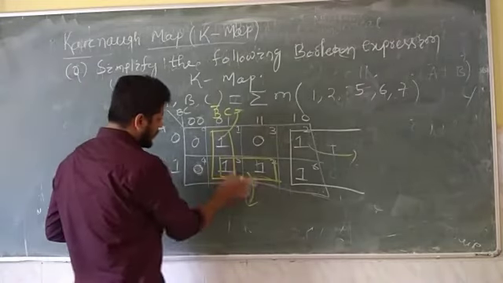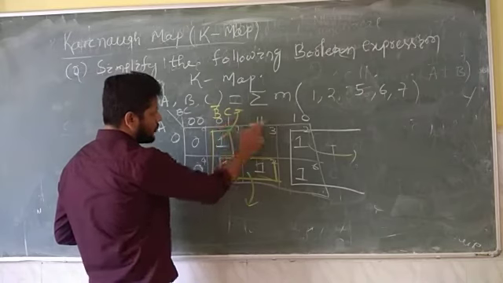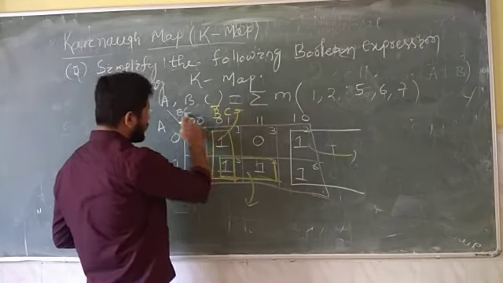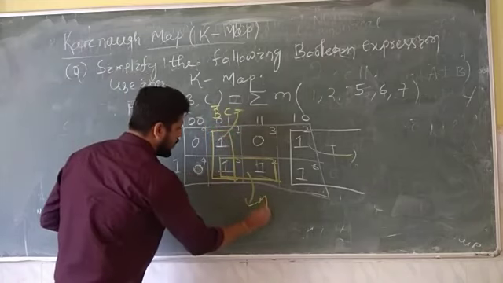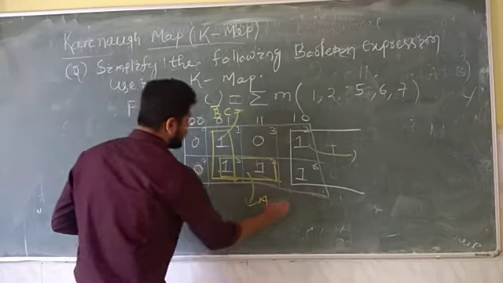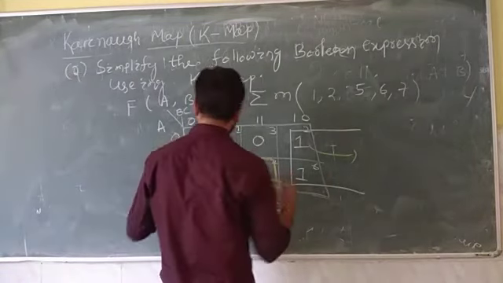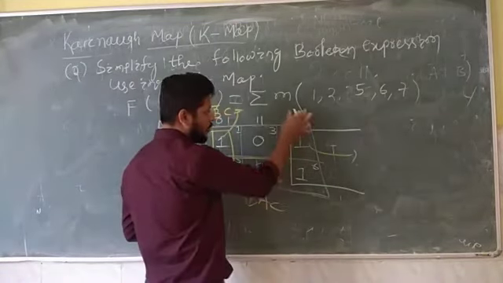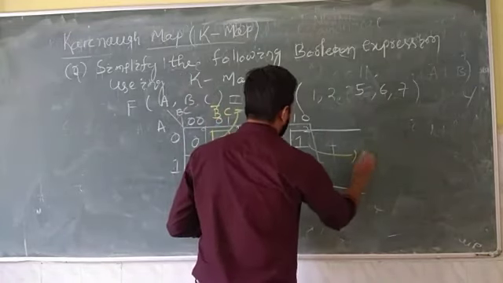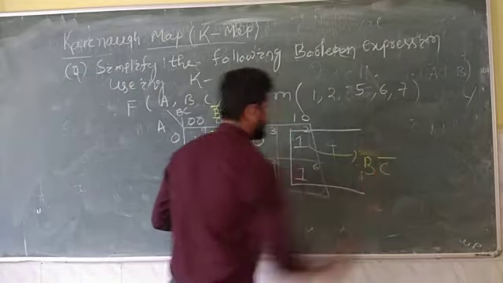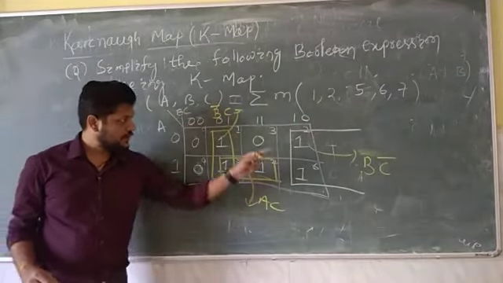Here we have to see, 1 is common, C is also common. This is 1, 1, 1, 1 for C, B is changing, so no need to write this. So A and C. And for this expression again, 0, 1 and 1 is changing, which is common 1, 0. So 1, 0 means you have to write this as BC bar. So this is your B bar C, this is AC, this is BC bar.